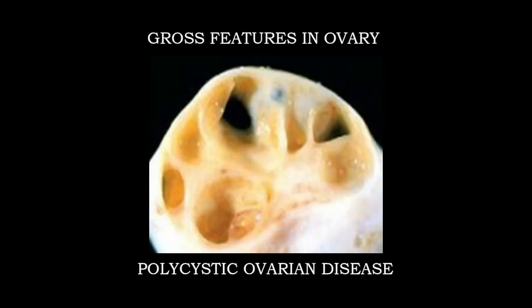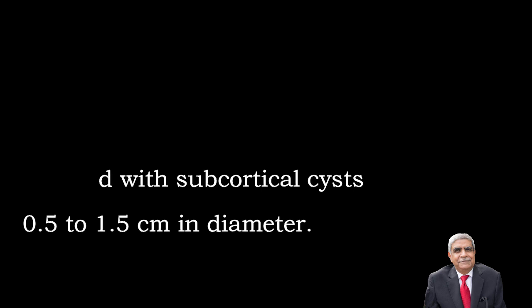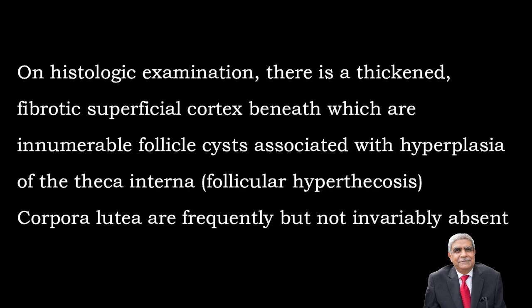Grossly, both ovaries are rounded in shape, but they are 2 to 5 times the normal size. Many small superficial cysts can be seen under the thick grayish-white outer cortex. On histological examination, the superficial cortex is thickened, hypocellular, and collagenous, and one can see thick-walled blood vessels,